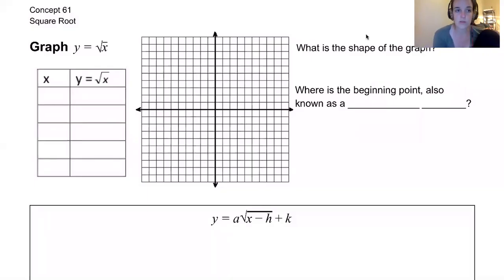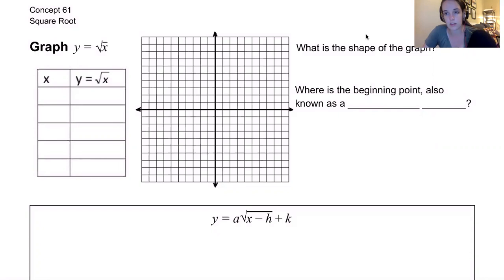Hi guys, so today we're learning about square root graphs. These are sometimes called radical graphs as well, but we're just going to start by graphing some of the points. In this case, we're asked to graph y equals the square root of x. Normally I would just choose some x's, but since I want to do the square root of x,